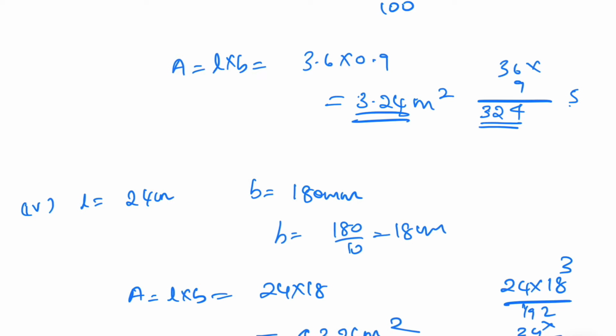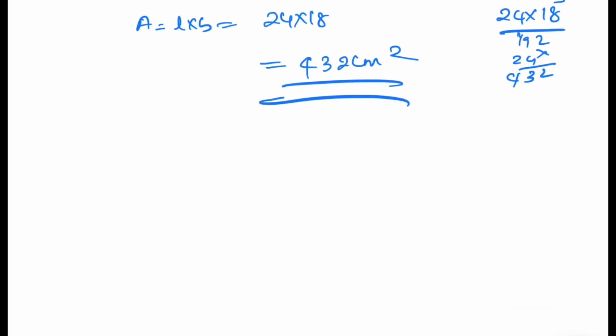Hope it's clear to you children. Now coming to the second main, we have find the area of a square whose each side. First one you have 7.2 centimeter. So, both the sides are equal, you know, area will be equal to side into side. So, that's 7.2 into 7.2, that is equal to